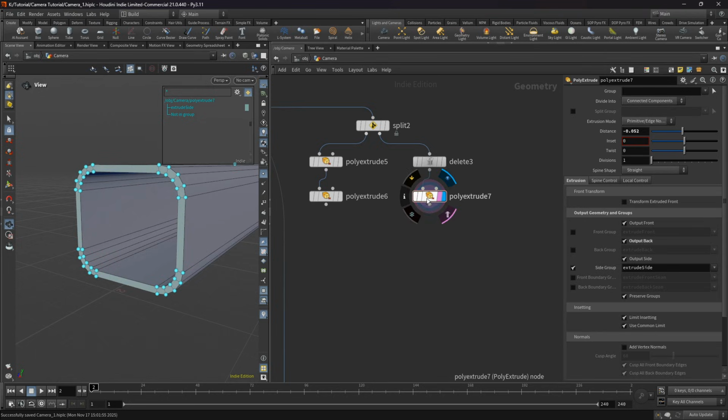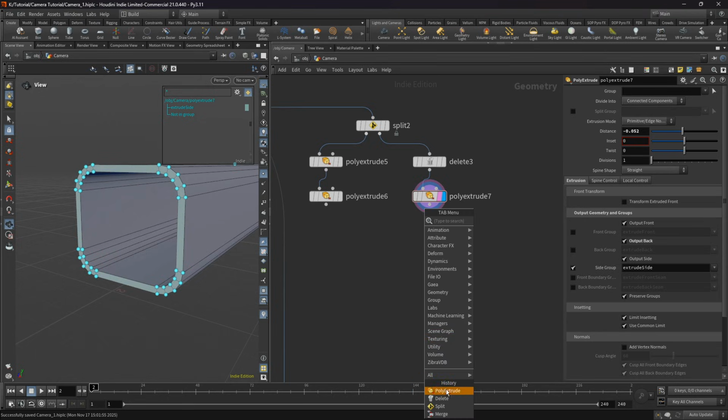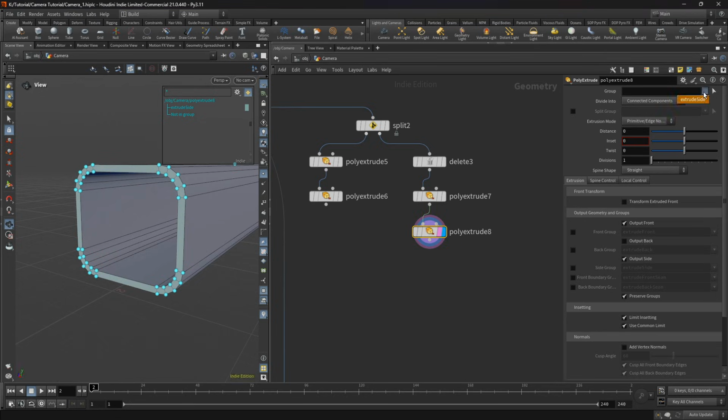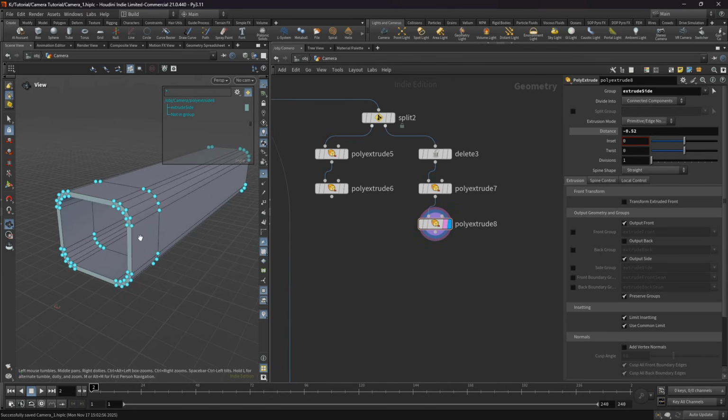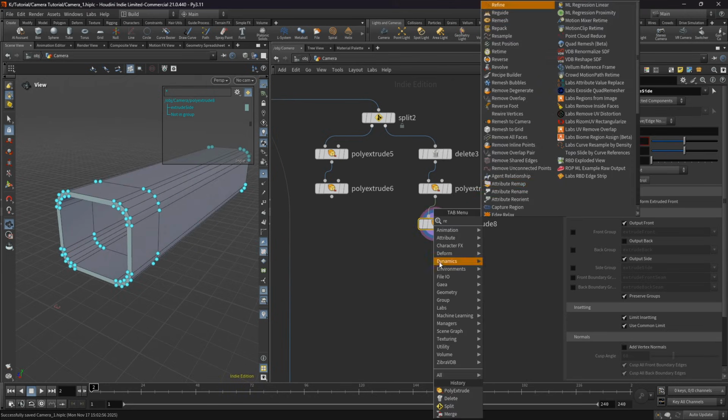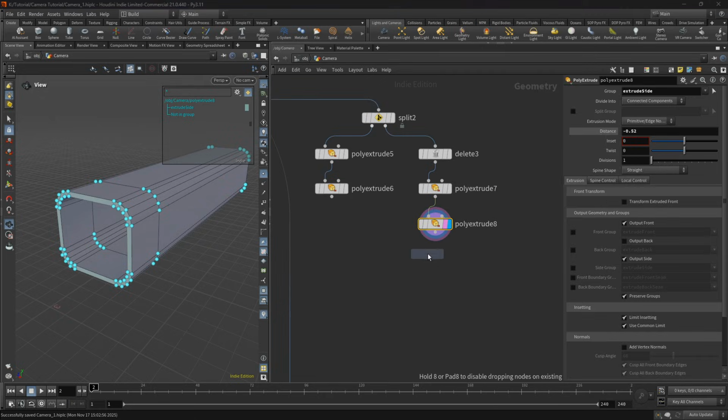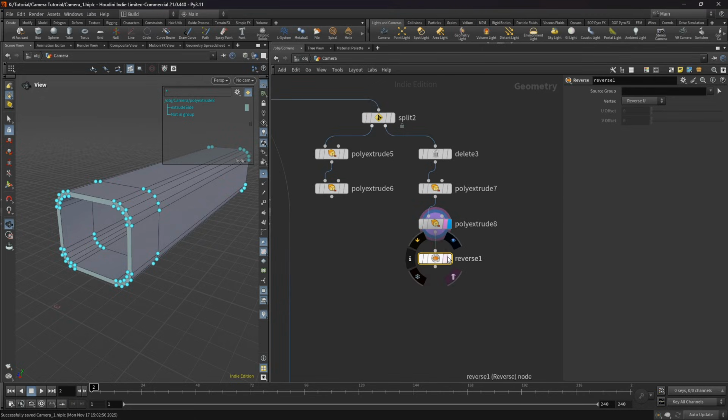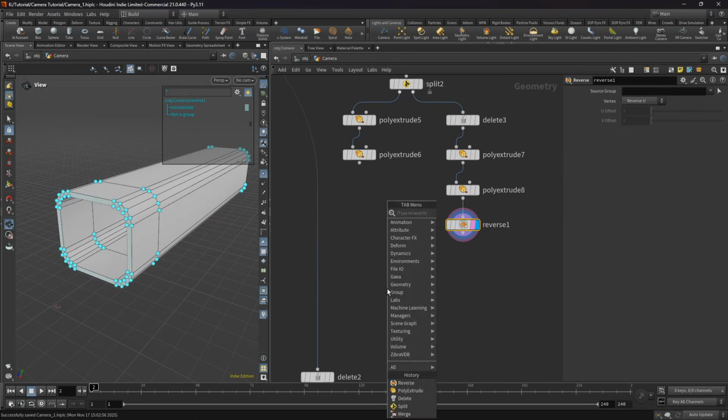So next let's add again PolyExtrude. Let's set extrude side for group. Here we'll add minus 0.52. Let's reverse the face orientation. Now we'll add the Boolean,